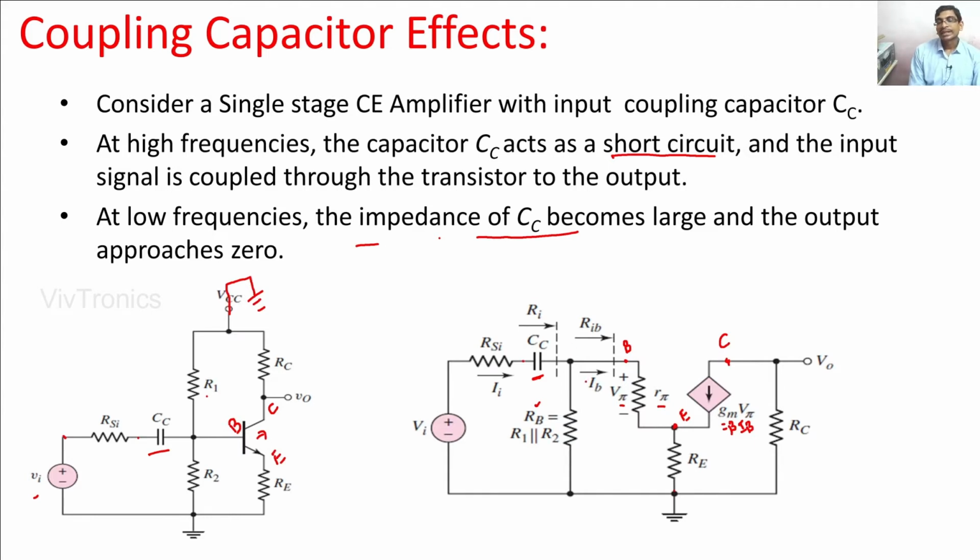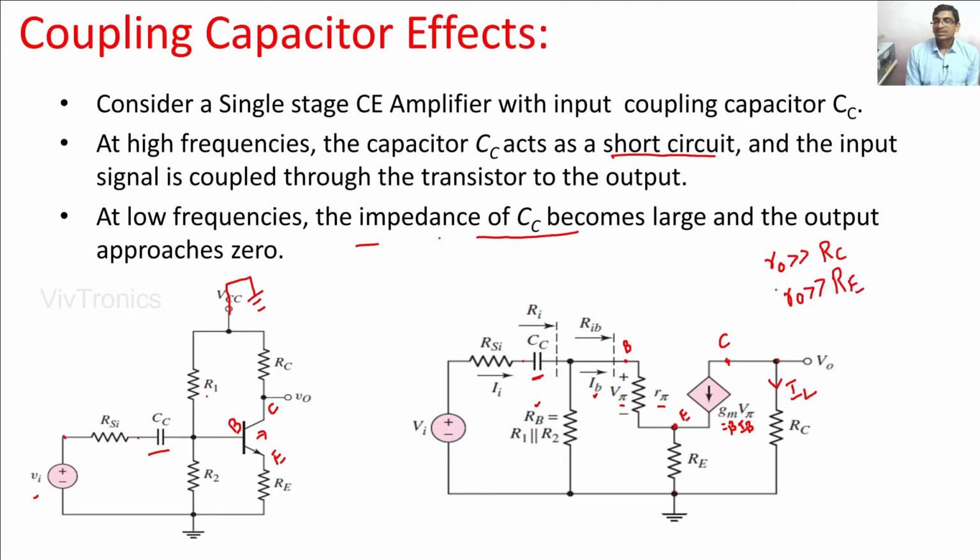The current flowing in the base circuit is called IB, which is mentioned here, and at the output side RC is the resistance connected between the collector terminal and the ground terminal. The current flowing in the RC resistor is nothing but the load current IL. In this equivalent circuit, I am going to neglect the small signal output resistance ro, which is in parallel with gm V pi, because the value of ro is very much greater than the RC resistance, and also ro is very much greater than the RE resistance.